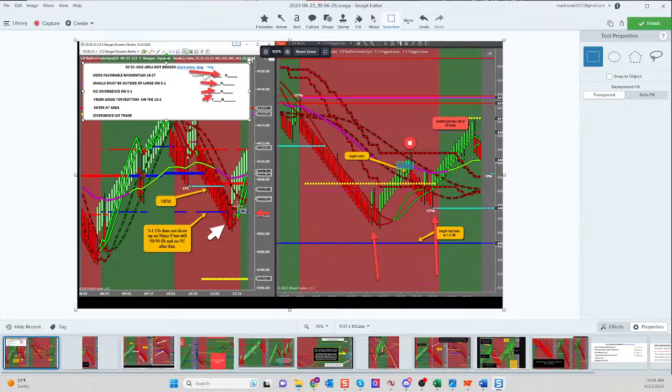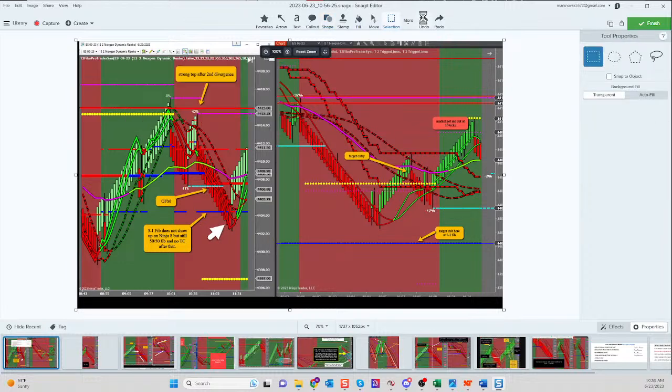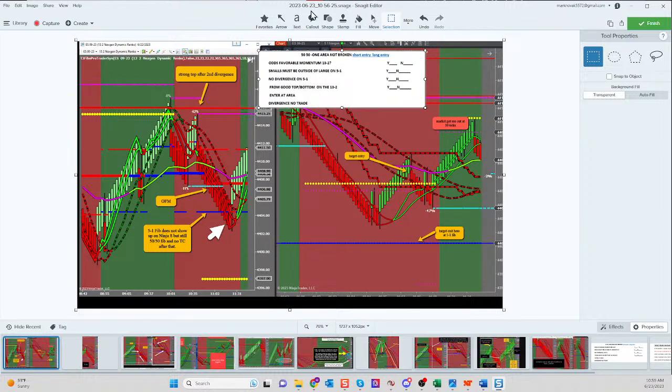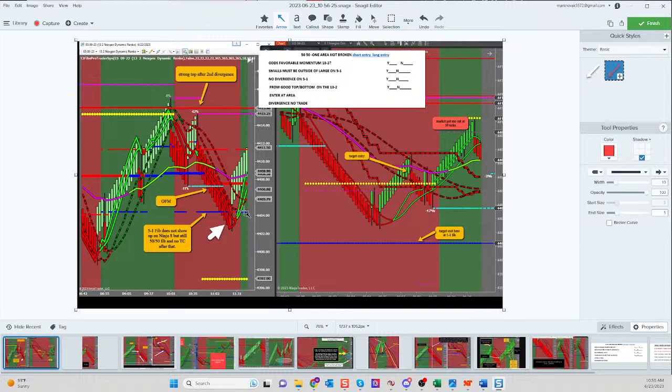On the 13-2, you have odds favorable, right? So let's go simplicity. Once again, you have odds favorable. You're coming from a good top. Every condition's met for your medium probability trade, right, Jose? We agree on that 100%. Beautiful entry. There's your stop. Oh, there it is. Did you just get it? So watch this. Let's go through the same process for entry from a management standpoint. You still have odds favorable momentum on the 13-2, right?